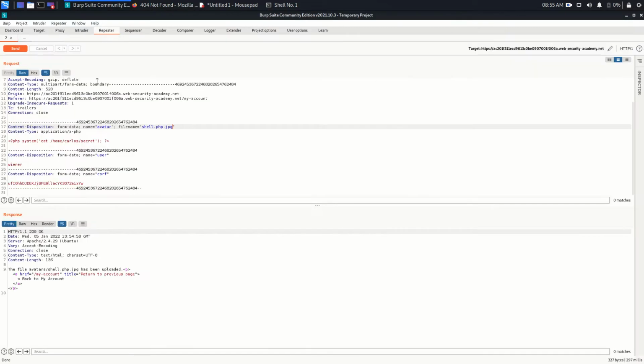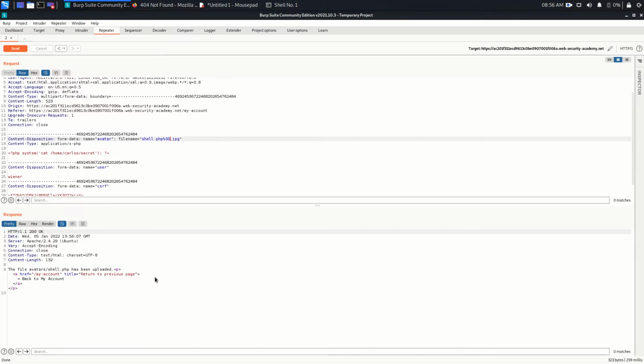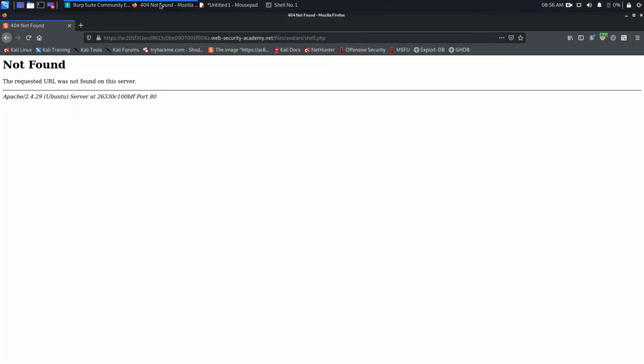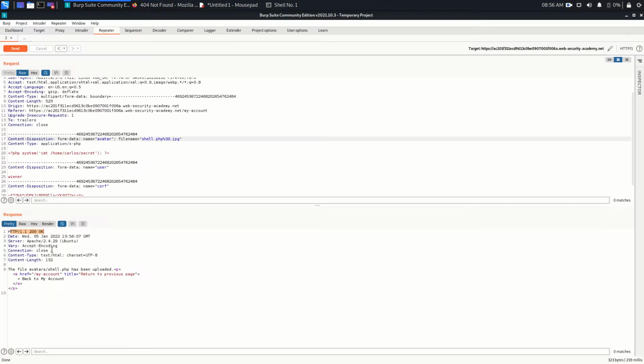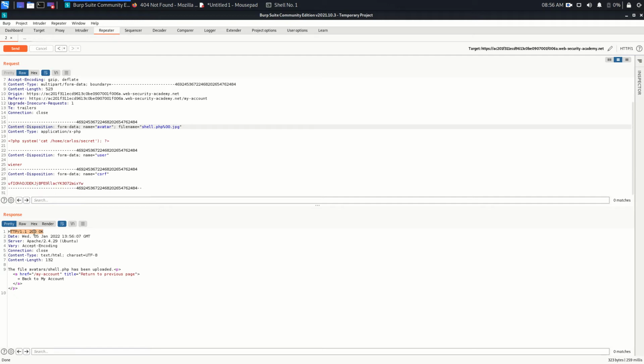Go back to the Repeater and try something else. This time I am going to use the null byte. Everything is fine, just send the request. Again, you can see the file is uploaded. So we actually bypassed the restriction in our first attempt, but we could not execute the PHP file.